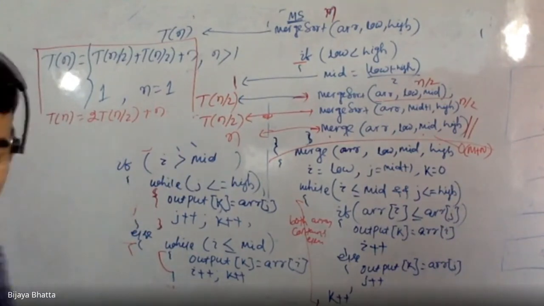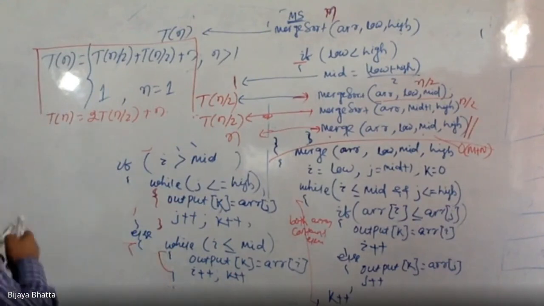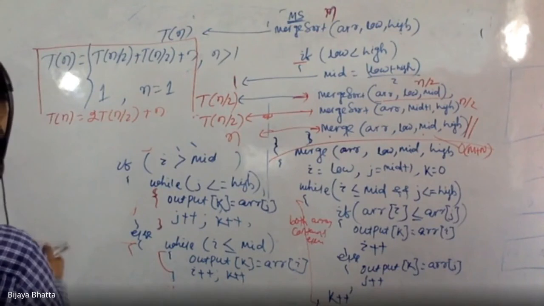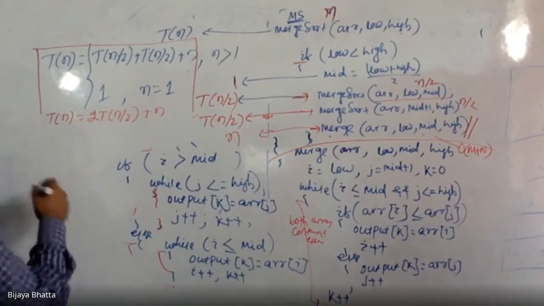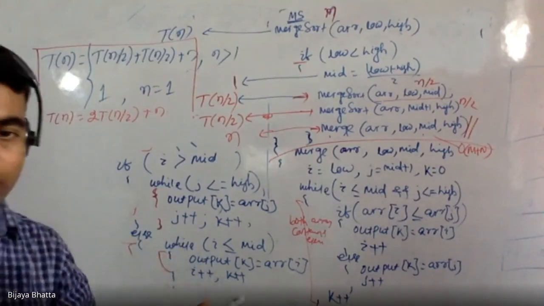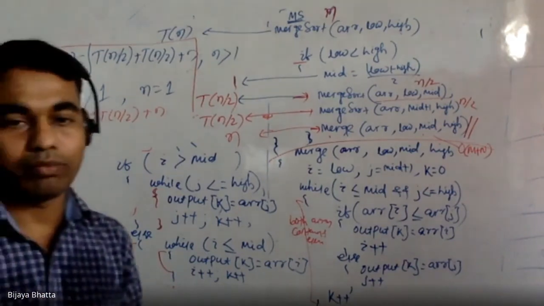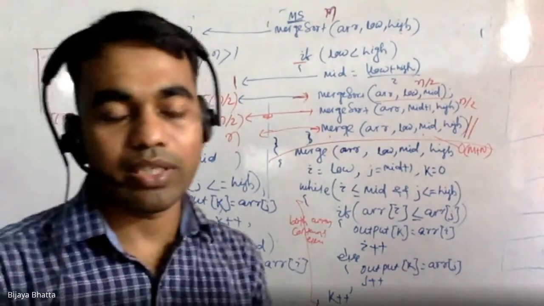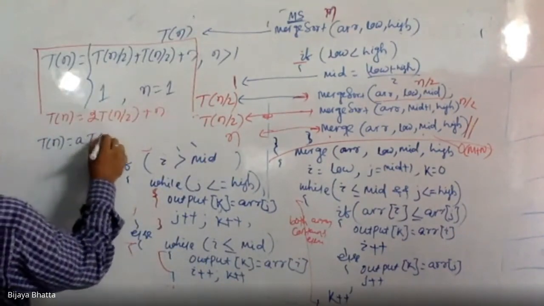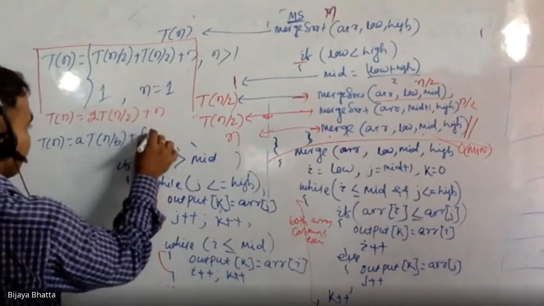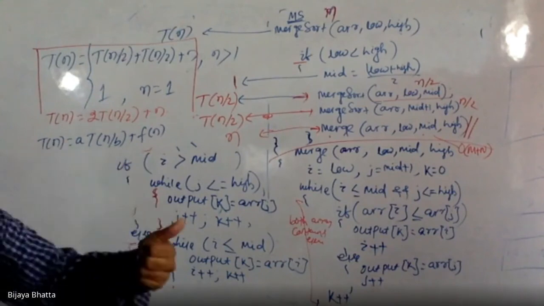If you don't know how, that is fine. There are other lectures available for this, but anyway, let me explain. It falls into the master theorem. What does the master theorem say? If any equation is in the form T(n) equal to a T(n/b) plus f(n), then you can apply the master theorem.